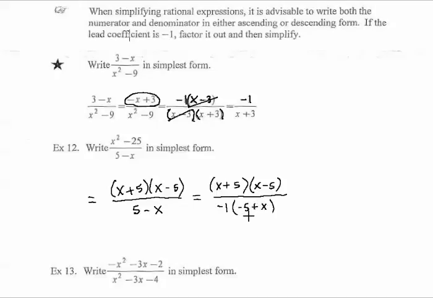But you just have to realize that minus 5 plus x is just simply this x minus 5 written backwards. So this is the equivalent of x plus 5, x minus 5, negative 1, and reverse these terms and we have our x minus 5. So still those two cancel out,